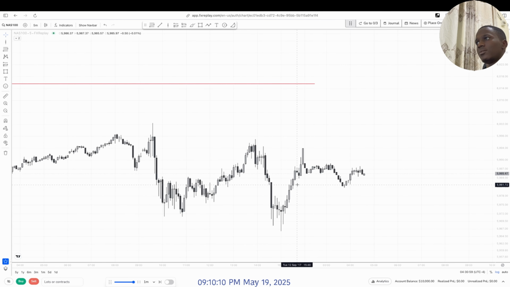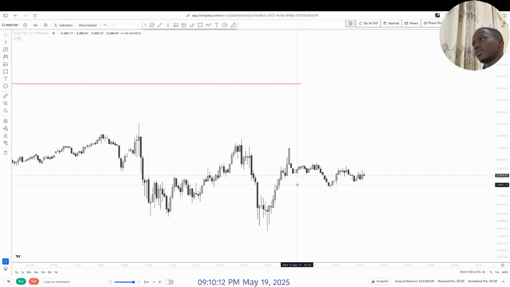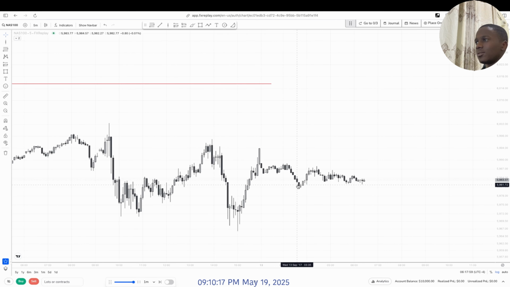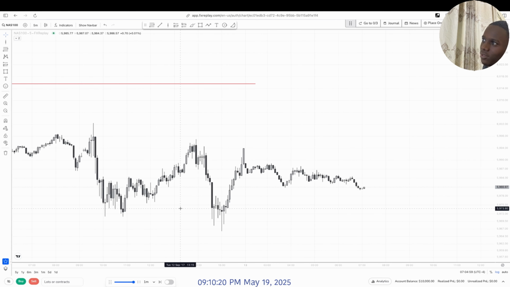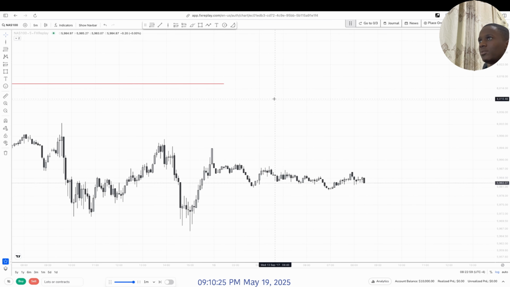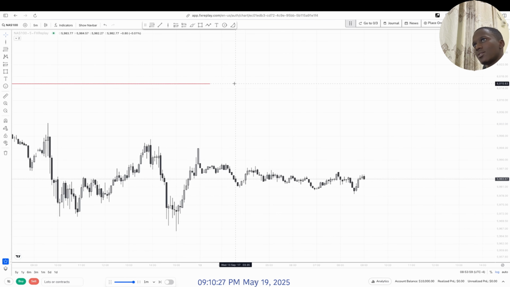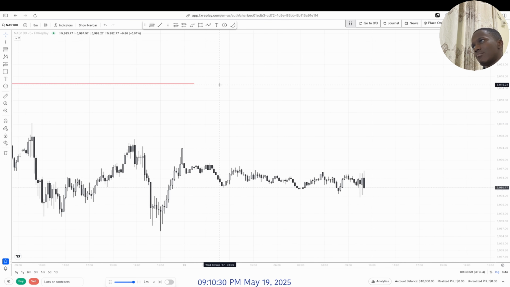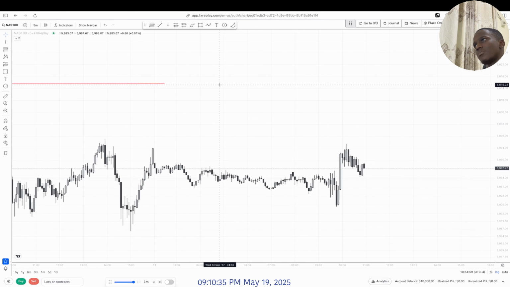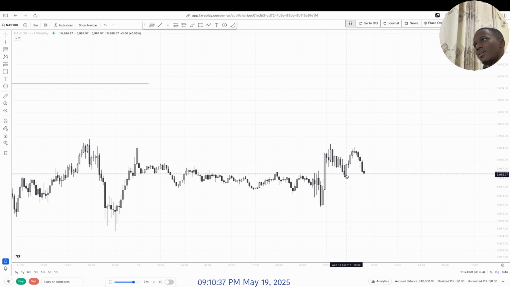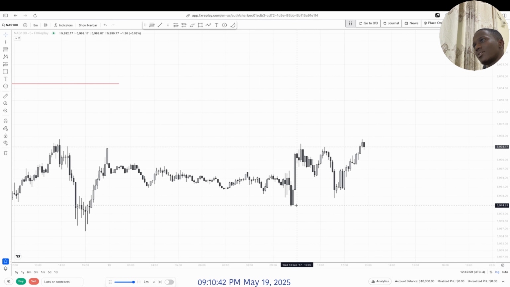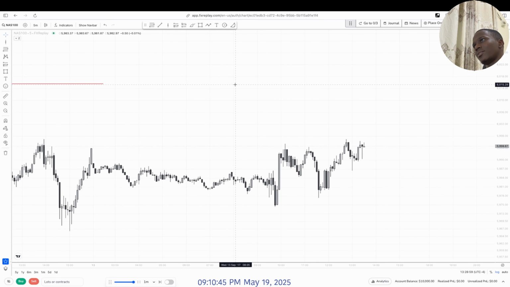Inverse fair value gap, dropped into it. By 9:30, if we drop it, we can drop into it. Okay, we dropped into it even earlier, and by 9:30 there's a big push that would maybe reach this liquidity level. Buy signal, fair value gap buy. Stop loss will be somewhere here, below the first candle of the fair value gap, which should make me take it here.